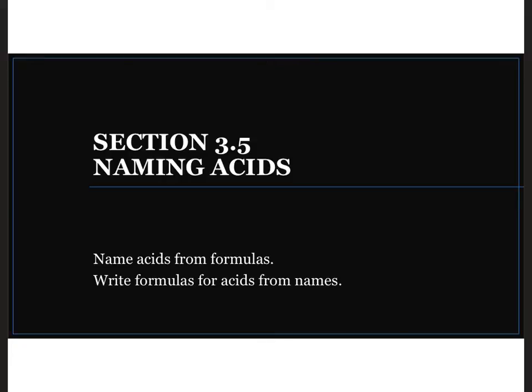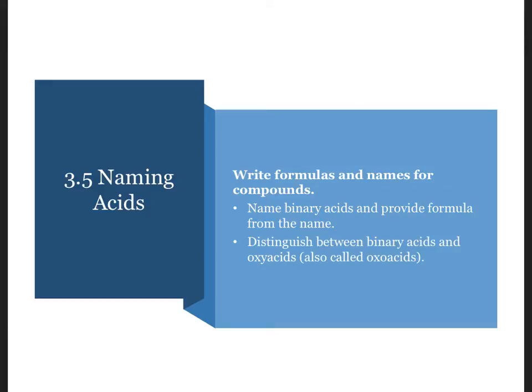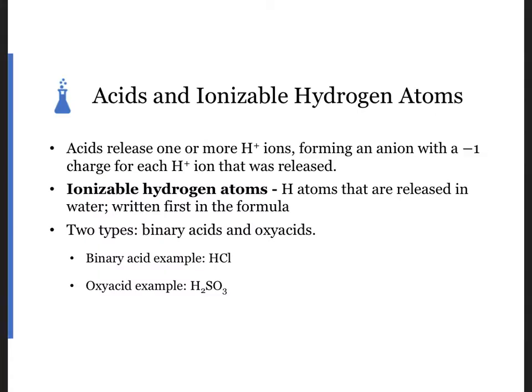In section 3.5, we'll tackle naming acids. We'll name binary acids consisting of hydrogen and a monatomic anion, and we'll name oxyacids consisting of hydrogen and a polyatomic anion. Let's begin. Acids are a special class of hydrogen-containing covalent compounds that, when dissolved in water, release one or more H+ ions, also called protons,